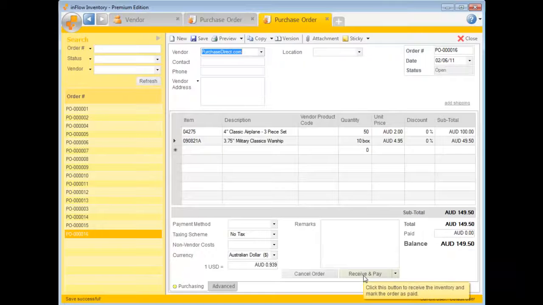Once you're finished with the order, you can click Receive and Pay to complete the order and move the stock listed in the table above into your inventory. You can also choose to simply receive inventory and leave the order open if you will be paying the vendor at another time. When you receive your stock, Inflow will use the pricing information in your order to determine the